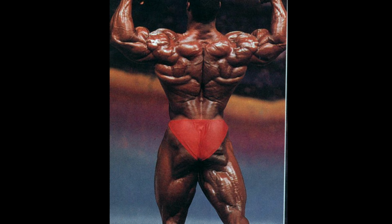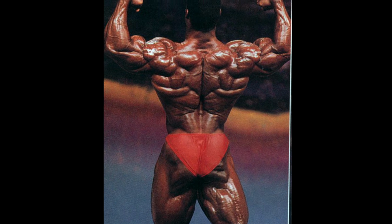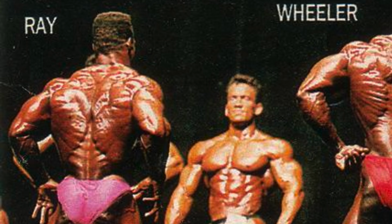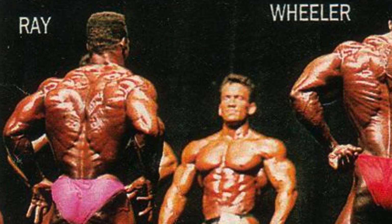The cuts, the striations, the tie-ins between muscle groups, every body part was just positively chock full of quality detail. So much so that he often resembled a finely chiseled statue. And a lot of this is due to his rather thin and tight skin, which allowed every minutia of the